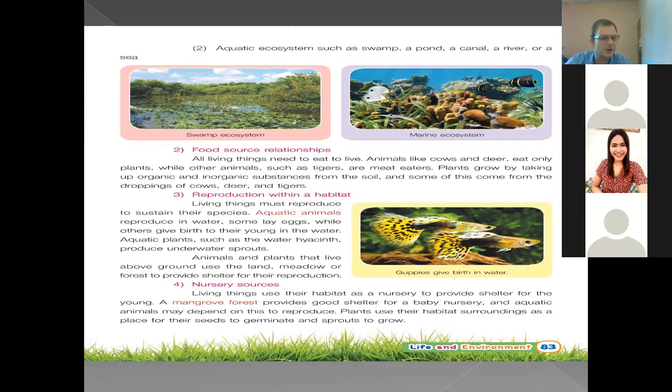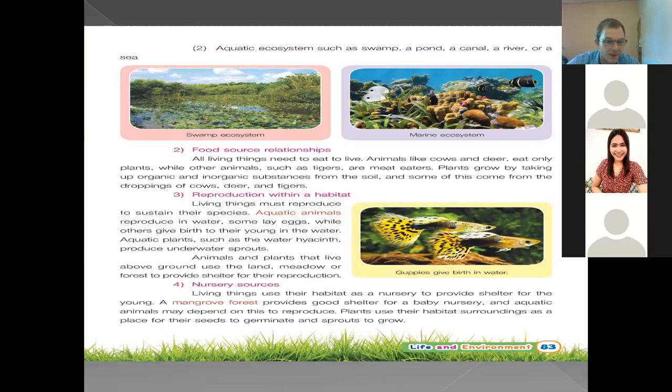Now, living things must reproduce to sustain their species. So every living thing has to create more of itself by reproduction, because nothing lives forever. Everything dies eventually. So for us to create more life and make sure that there is life moving forward, we need to have babies and to reproduce. And so do the animals. They also need to have babies for their prolonged longevity, for them to keep living on this earth for a longer time.